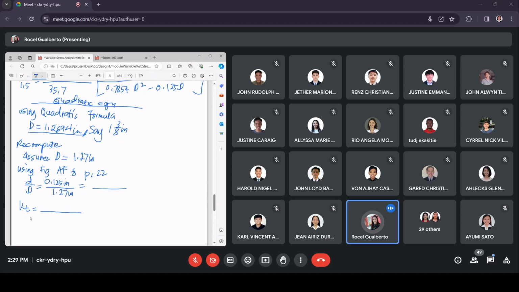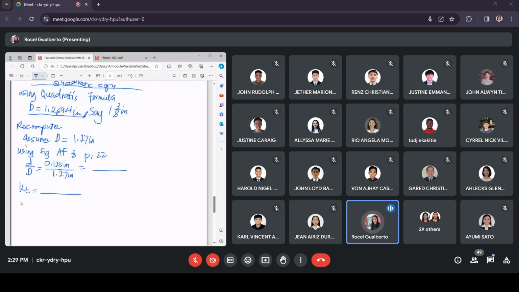Once you have the value of KT, you solve for KF. Okay, KF is equal to Q times (KT minus 1) plus 1. You would be using this new KT. Okay, same value po ng Q. You'll find now a new value of your KF. Okay, and from this KF, again,